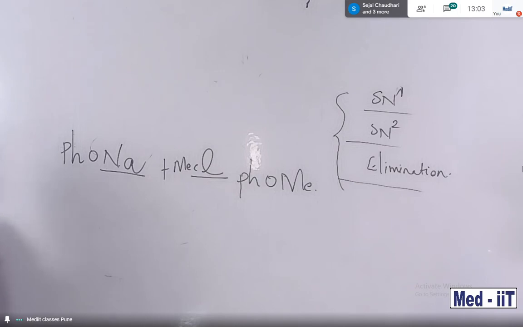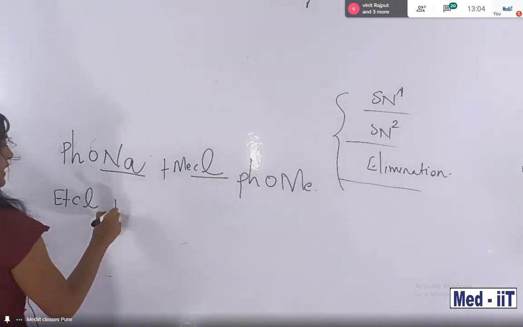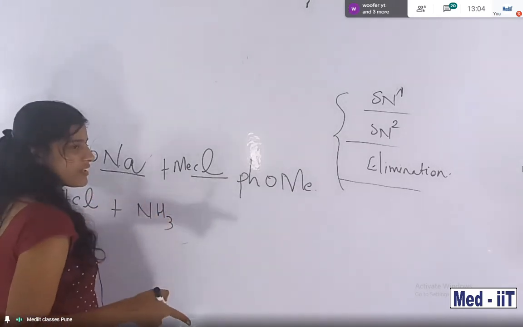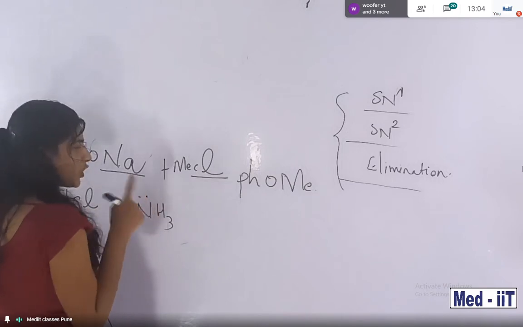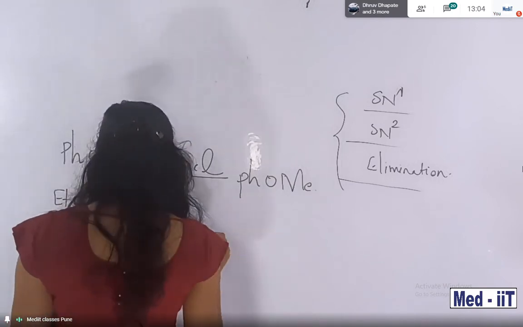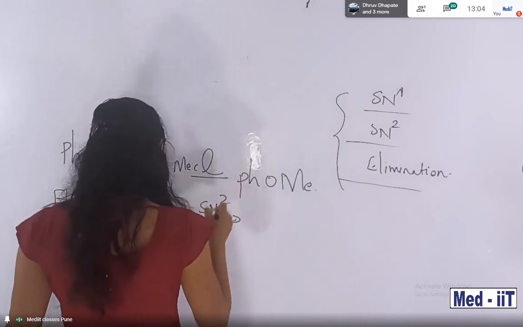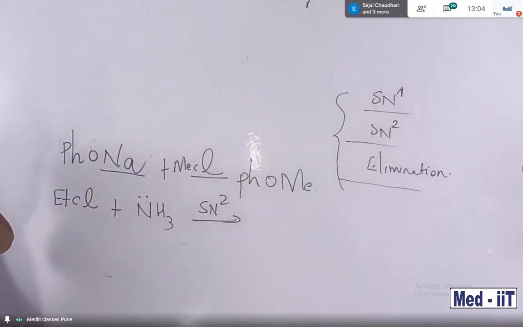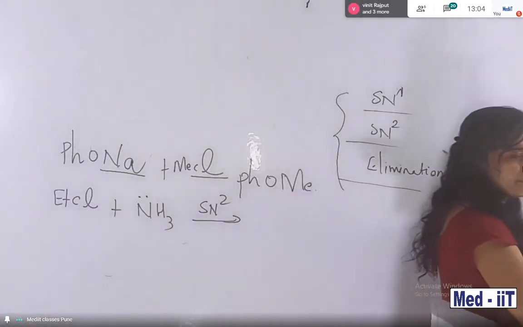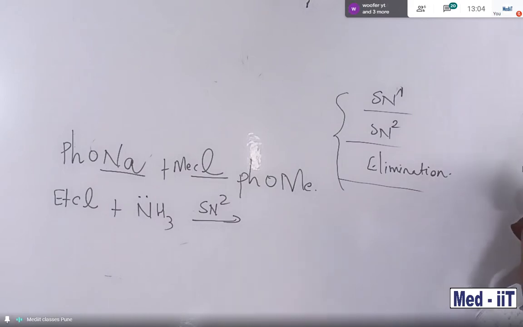Then one more question. EtCl in the presence of ammonia. Again ammonia, students. So it tries to make a bond with its lone pair first, right? And then remove something, in the presence of an SN2 reaction. What about the result? Ammonia. Yeah, Sejal, exactly. So what about EtCl in the presence of ammonia?